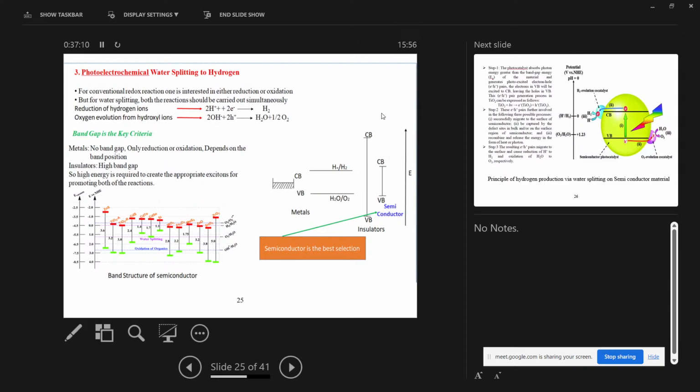And the most important thing for the splitting of hydrogen, or the water actually, is that we need 1.23 electron volts to split water into hydrogen. If we use a semiconductor metal with a band gap higher than that, you require much more energy. If it is less than that, it is not possible for the metal to have this kind of energy, so that reaction will not be possible. So we have to think about it very carefully: which semiconductor metal is useful for splitting the hydrogen.